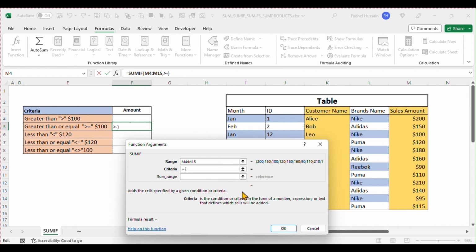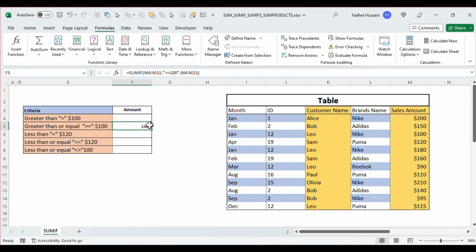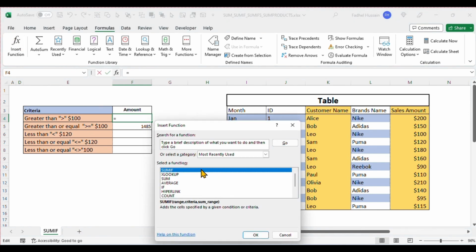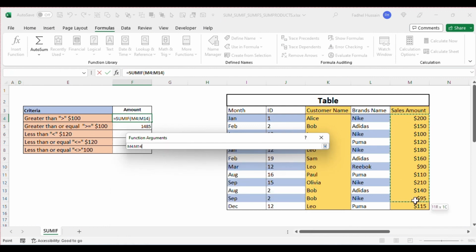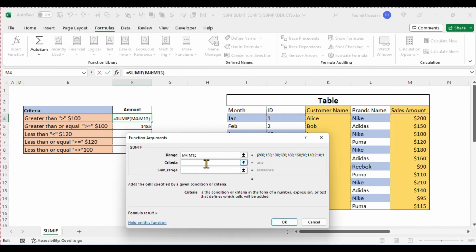In this case, the range is M4 to M15. The criteria is greater than or equal to 100, and the SumRange is M4 to M15. You can enter this formula in any cell, and it will give you the total sales that are greater than or equal to 100. You can also use other operators in the criteria, such as less than, or equal to, or not equal to. For example, if you want to find the total sales that are less than 100, you can use the criteria